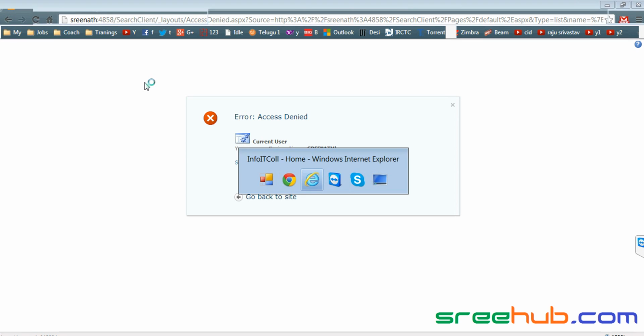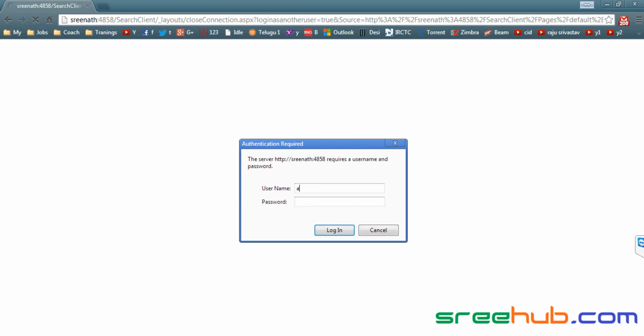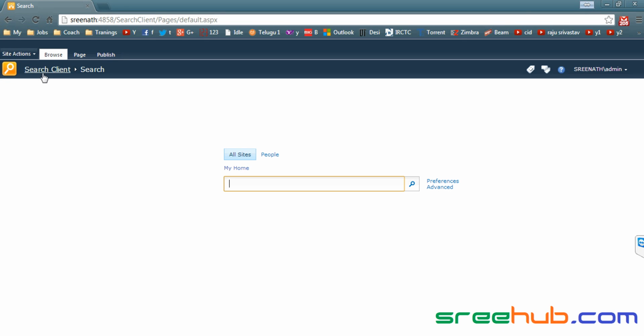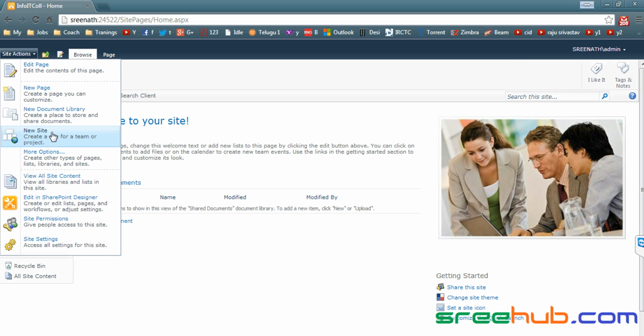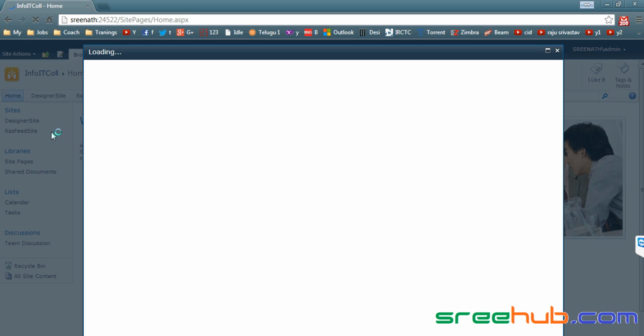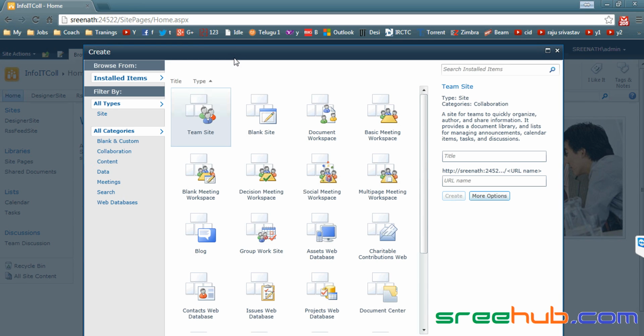Again, whenever you are creating your site, you can actually make your search a separate client. So how can we make that? Whenever you go to a new site, we have seen something called don't inherit anything and create individual permissions. In that way you can create a different permission for your site's search result. But anyway, in real time you won't be giving a separate